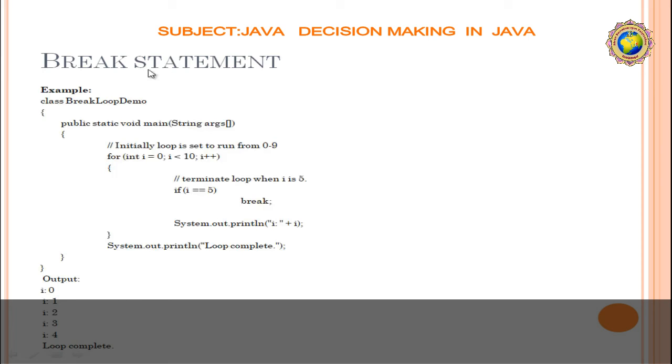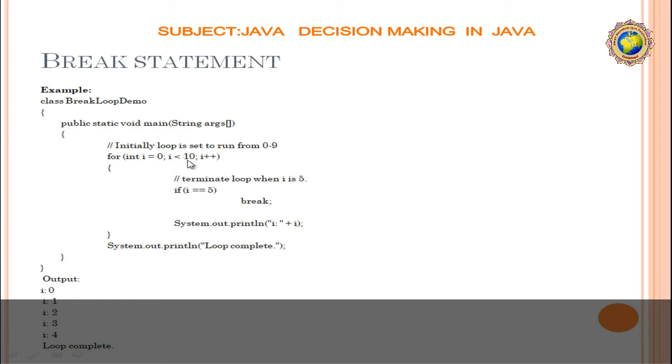Now let's see an example of the break statement. Here we have taken the value of I from 0 to 10, and terminate the loop when it is 5. So we write here: if I equal to 5 then break. So what happened? The first condition, 0 less than 10, yes, so it will print I, so 0. Next for the 1,